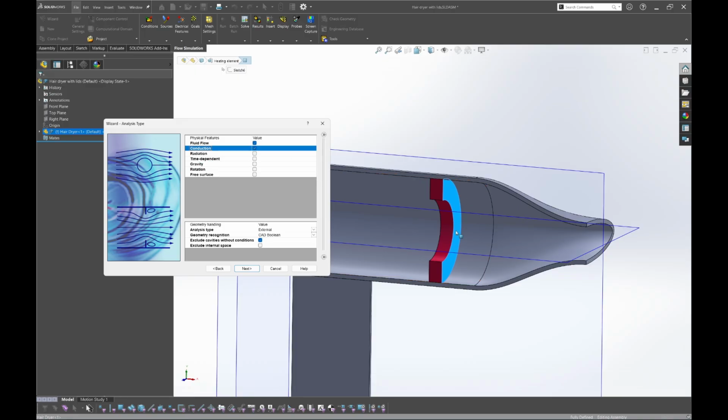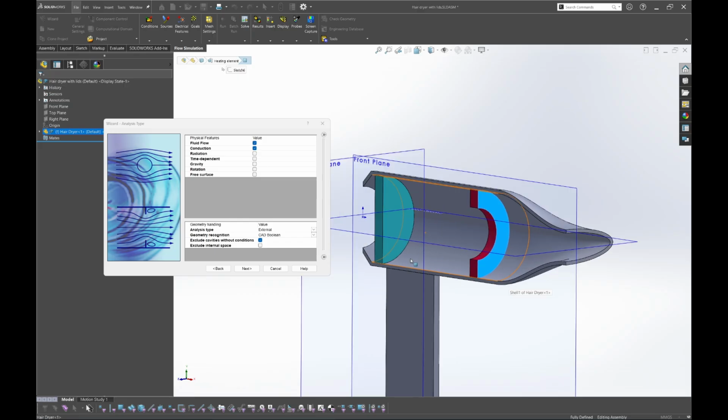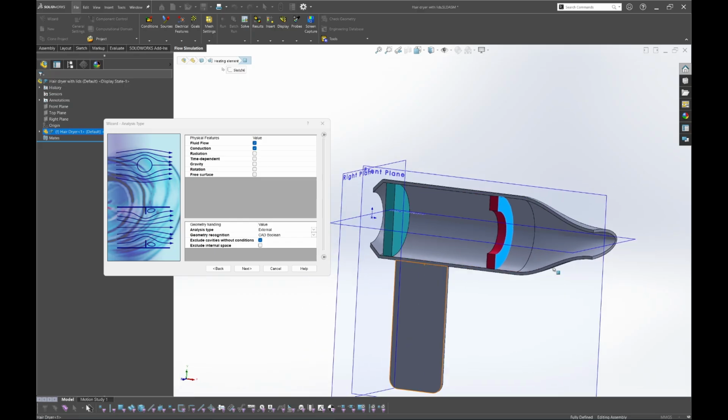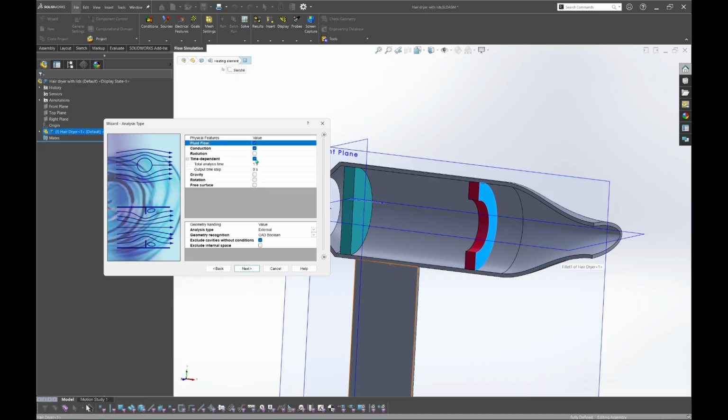And if you want to set up your simulation as a transient simulation, you can activate time dependent in this. And maybe for total analysis time, I will change to 5 seconds. And for analysis type, I will change to internal. And for exclude cavities, maybe check.